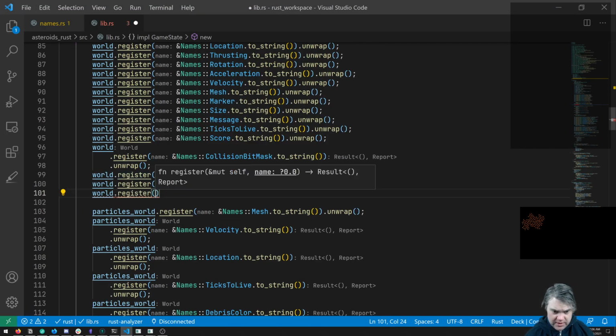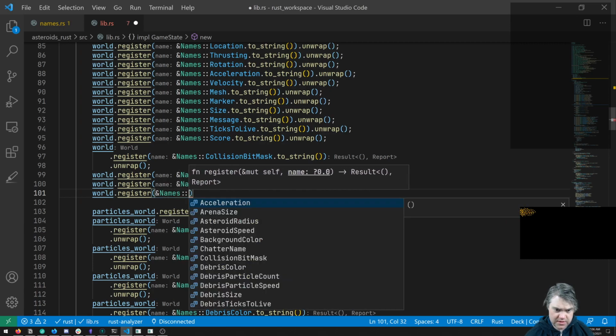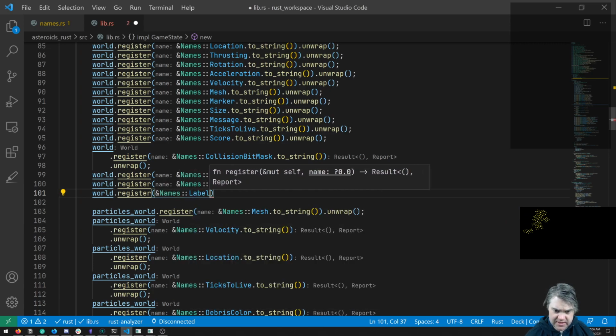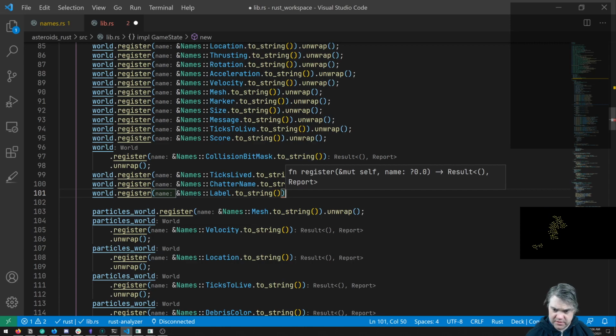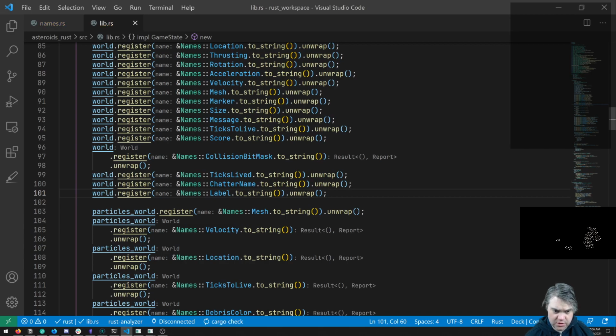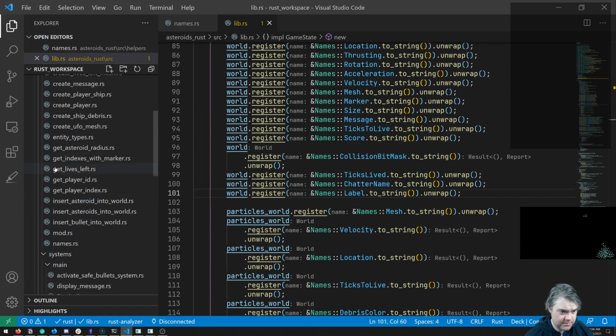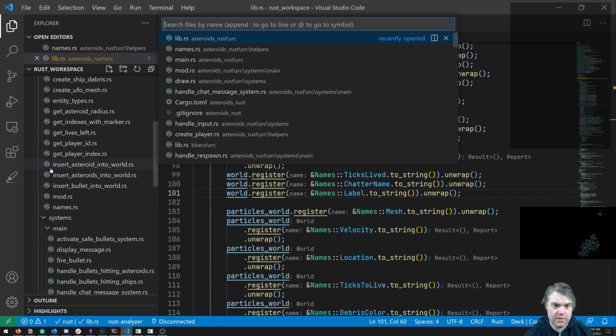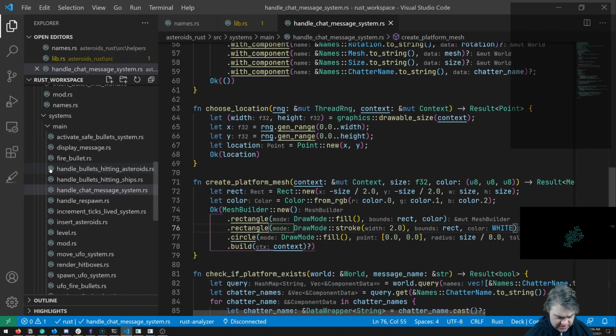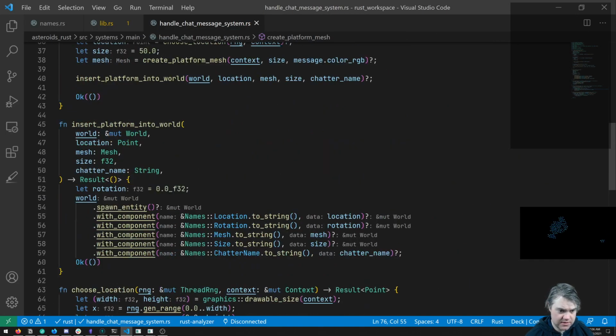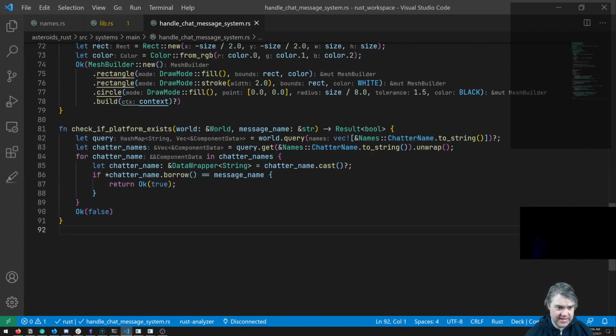So let's register. Names, it's gonna be a label, use string. Okay, so we're gonna register that. And then in this system where we handle the chat messages, I want to also give it not just a chatter name, but the actual text for it. So if I create the label,